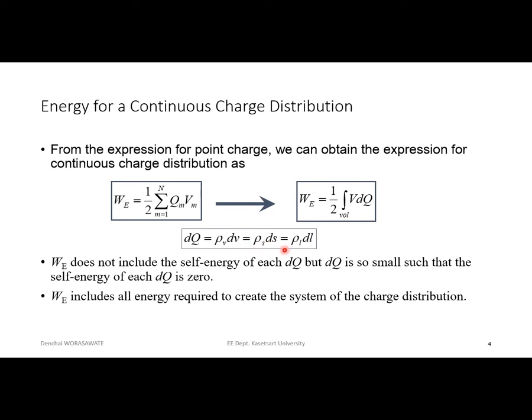If the charge is distributed along a wire and the cross-section of the wire is small compared to the length of the wire, we can consider it as a line charge density. We can consider each point charge as the density multiplied by its unit. For example, we can multiply the volume charge density with the volume dV. We can consider this as the point charge.